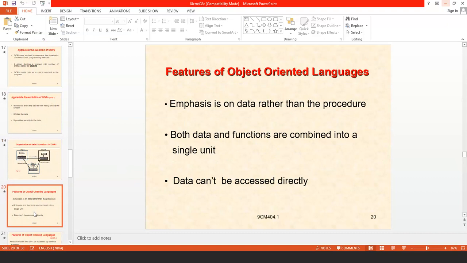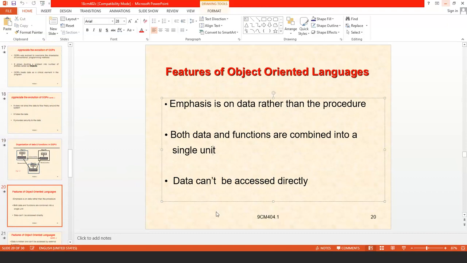Next, features of object-oriented languages. In previous slides we discussed the features of POP. Now, OOPS features: emphasis on data rather than procedure.